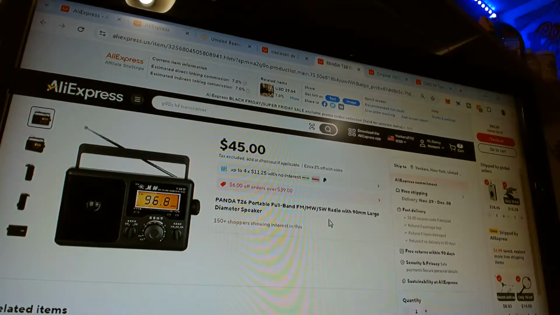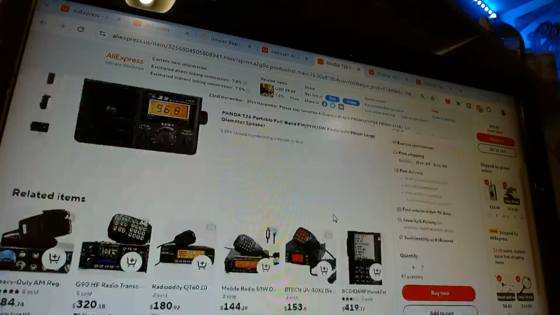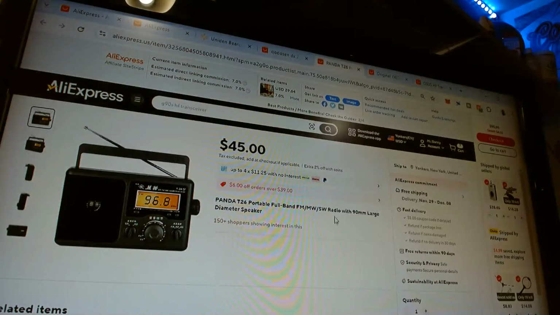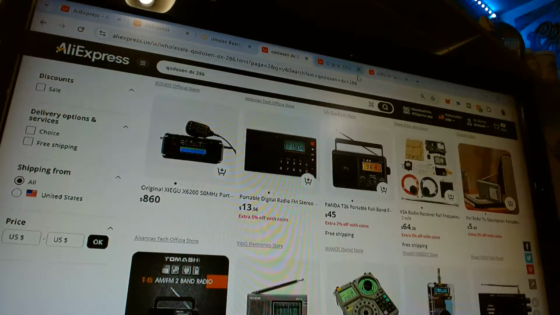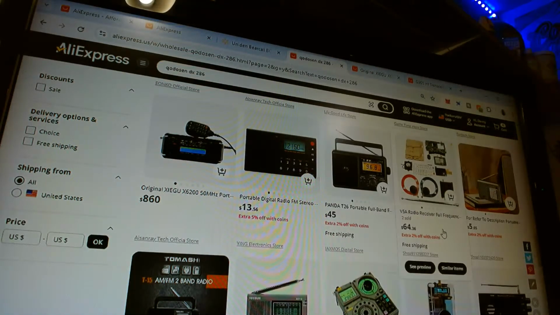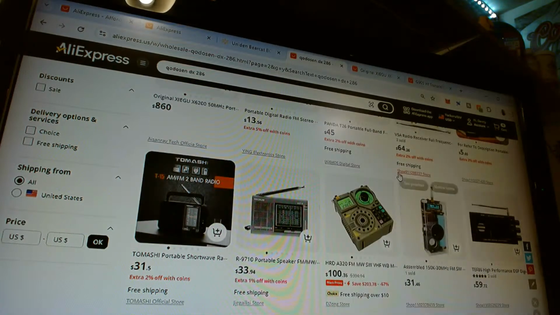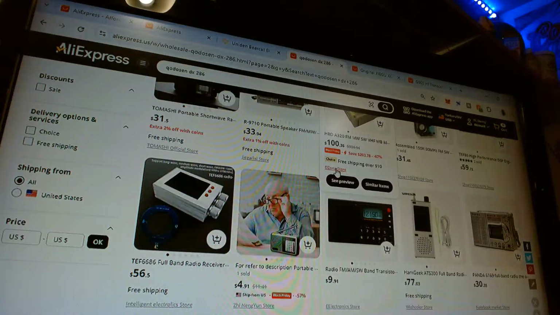And they said they were going to fix it. They were going to make improvements on the radio. Of course, they never did. I don't know what happened. I never heard from them again after I gave it, I think, the crappiest review I ever gave a radio. It was the Gradio T26. Of course, this one is Panda. It's the same radio. So yeah, avoid that radio like the plague. Don't even give that to your worst enemy. Don't do it to yourself.